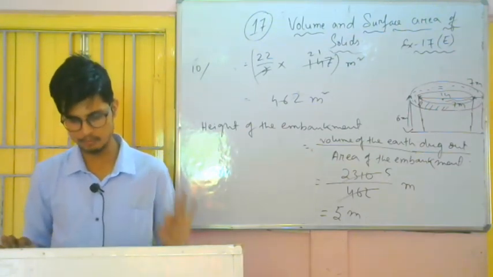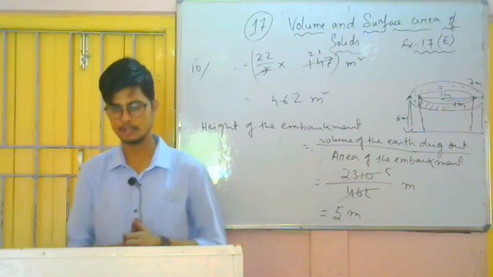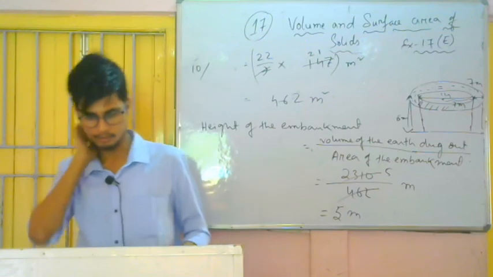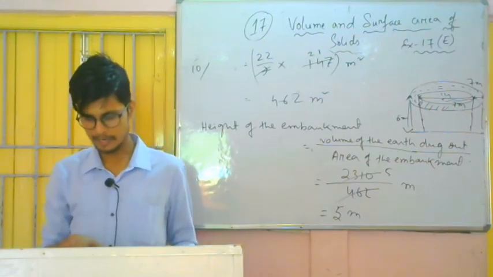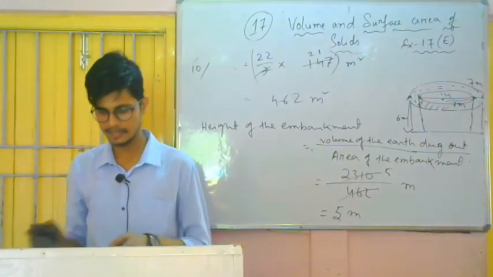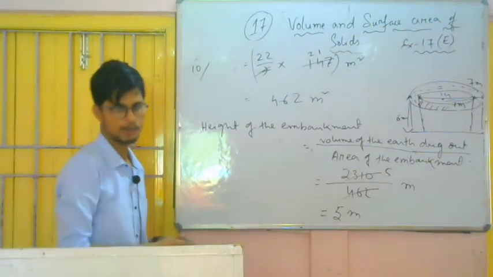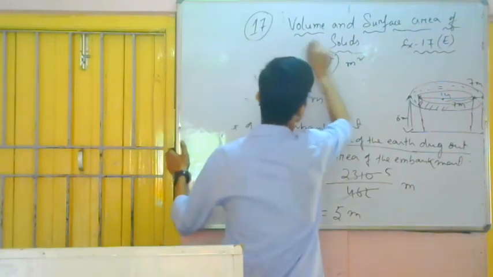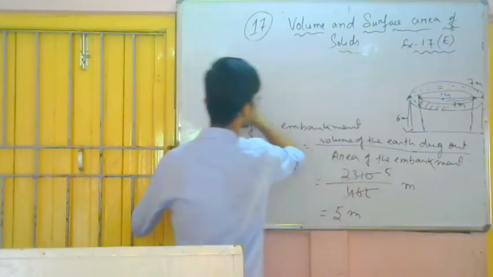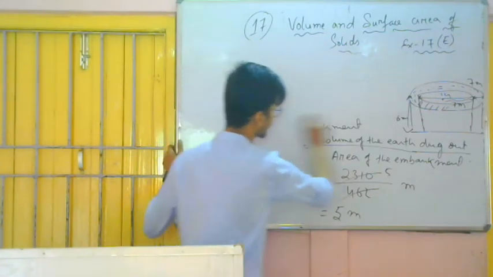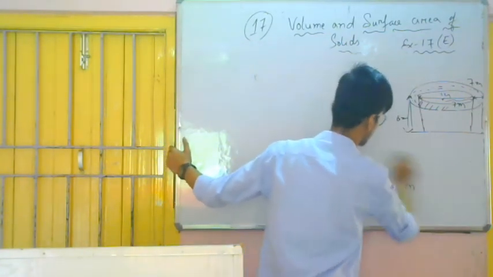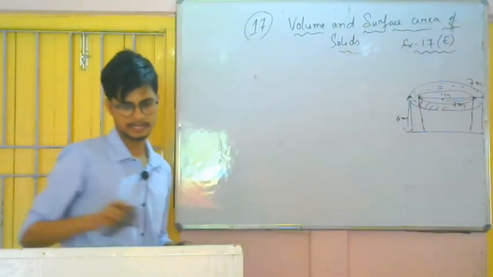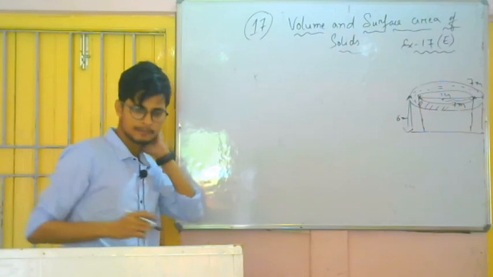So the first question is to find the volume of the water that falls on the roof, and the next one is to find the rise in the water level in the tank due to the rainwater. So what will be the rise in the water level? First, find the volume. Length and breadth are given, so with length, breadth and height, you can easily find the volume.